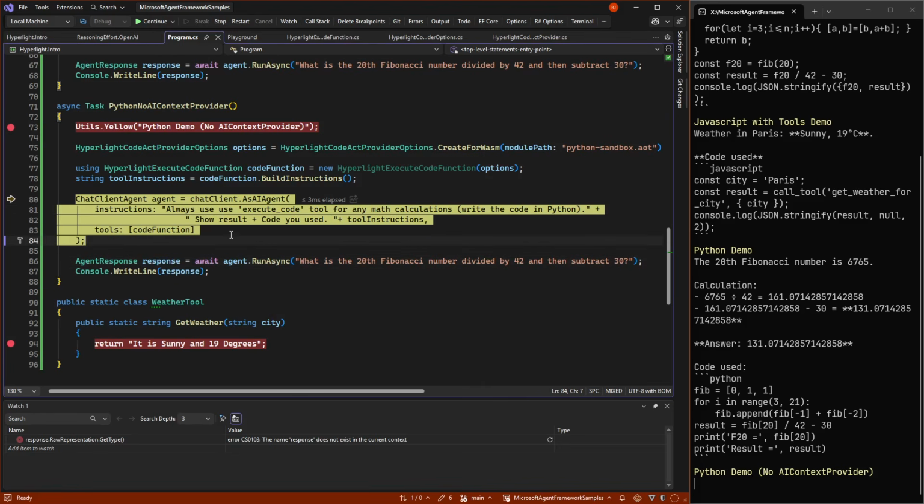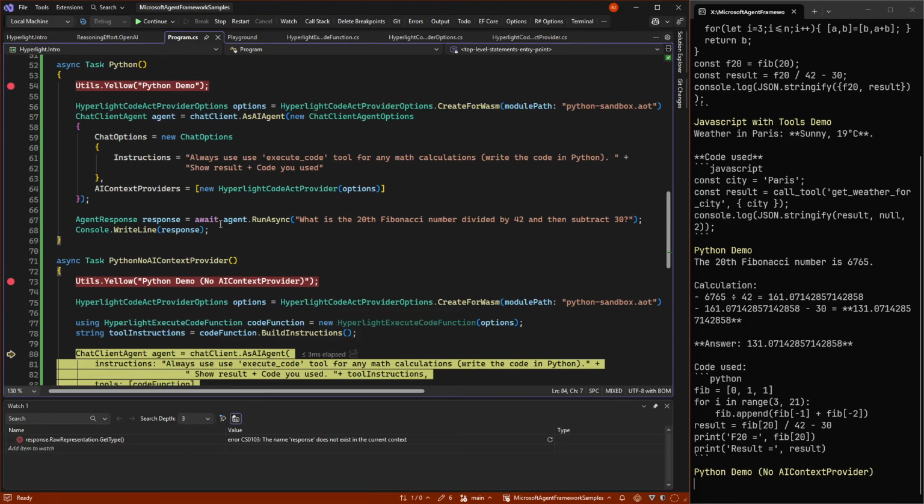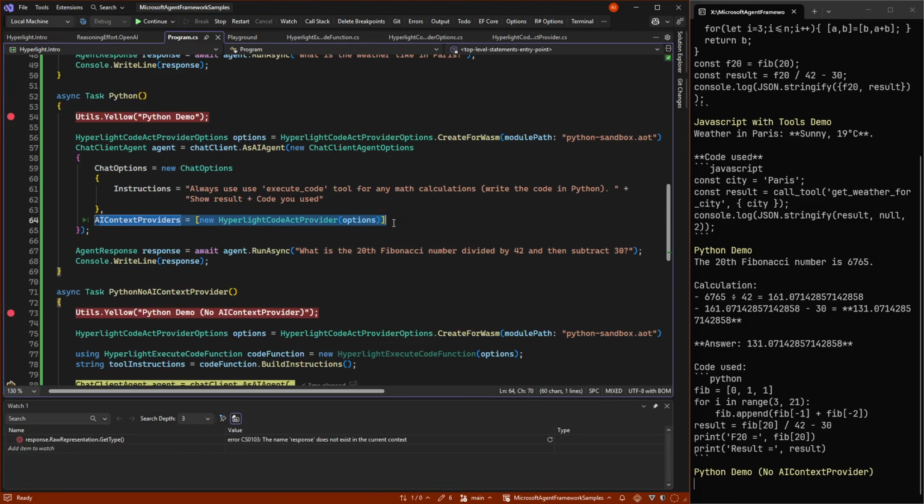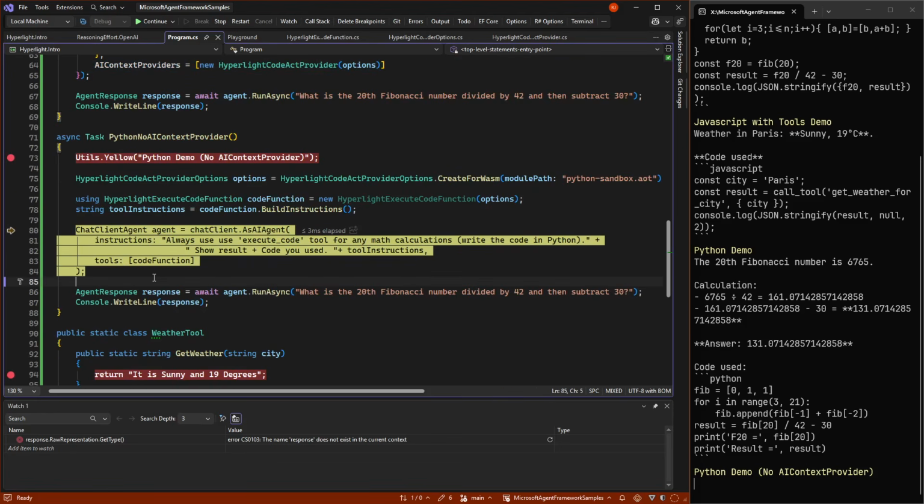So that way we can just put our instructions in manually, and we can put in the tools manually instead of using the AI context provider. Probably easier to do this and let it inject on the fly. But if you for some reason know upfront that you need the tool, or don't need the tool, and so on, it is possible to get them by tool calling.